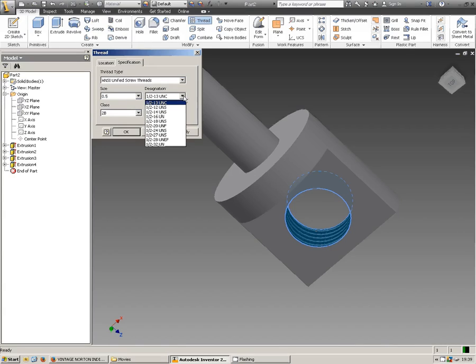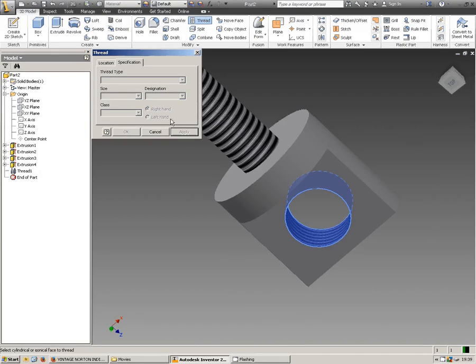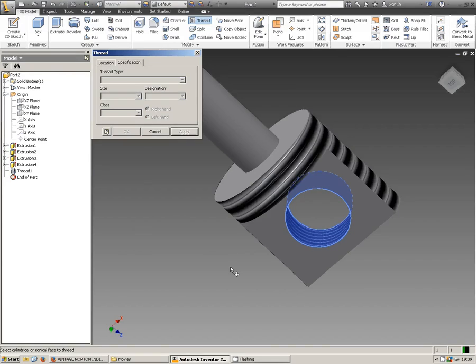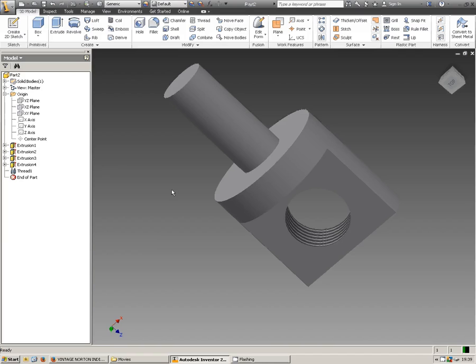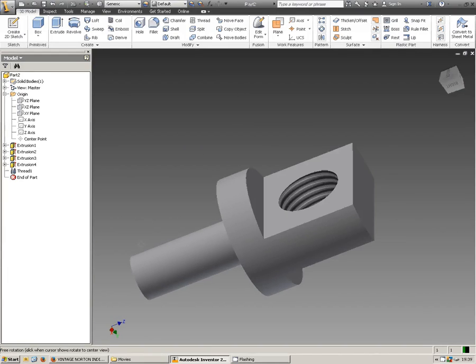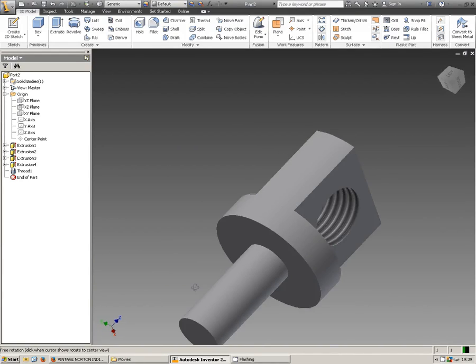We've got UNC, UNS, UN, UNF, UNEF, and so on. So I'm just going to select 1/2 inch 16 UN. Apply that. That's not very nice. That's horrible, in fact. And cancel. So we've now got a thread depicted inside that